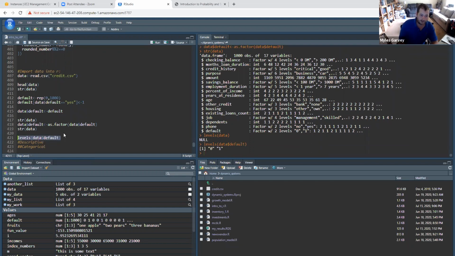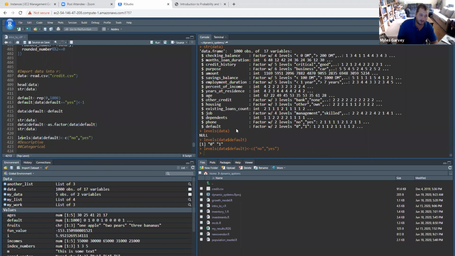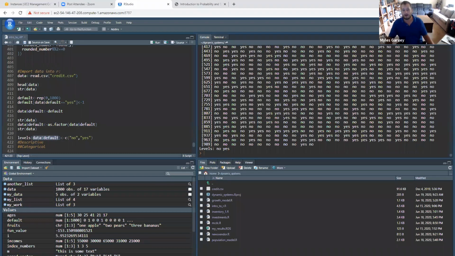So you'll notice that the levels are set equal to 0, 1. You can change this by specifying a vector of the same length corresponding to where the levels currently are. So the first one is 0. I can say replace all zeros with no and replace all ones with yes. And when you do this, now what you get is no and yes instead of 0, 1. So we've essentially gone back to what we started with when we first imported the data,